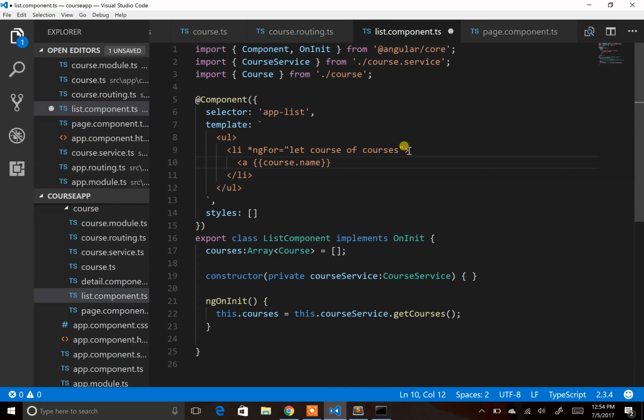Let's add, this is basically just displaying the name. Let's convert that to an anchor. I'm going to say anchor, end of anchor. In this anchor, I'm going to say routerLink equal to,